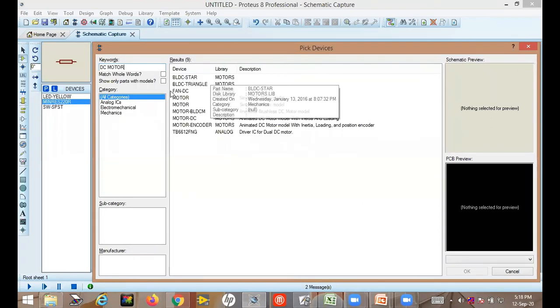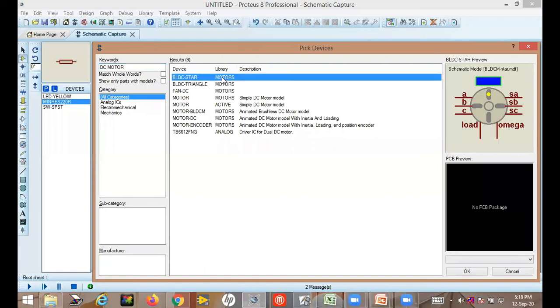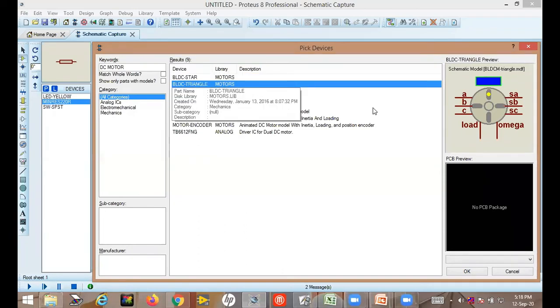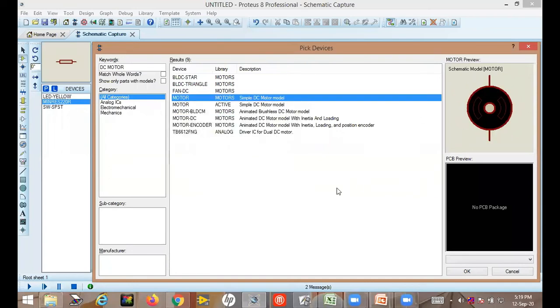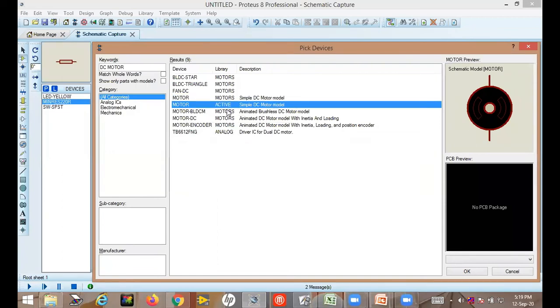See, these are the results I am getting here. And just click on the result, and this is the preview. Okay, this is a motor, but I don't need this motor. Only I need the simple DC motor having two terminals. Okay, one will be plus, another will be minus. So here this is again the preview. I don't need this, and this we can use. Having two terminals, and this is a simple DC motor. You will see this is the simple DC motor, and this one is again a simple DC motor, and it is written active. Active means what?